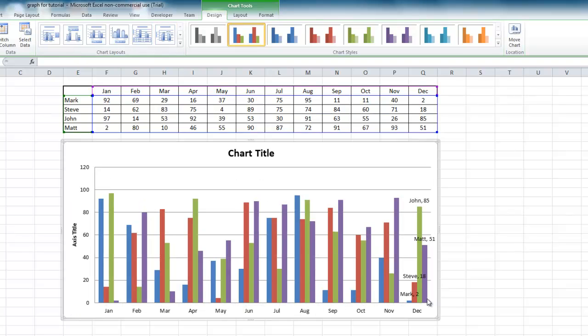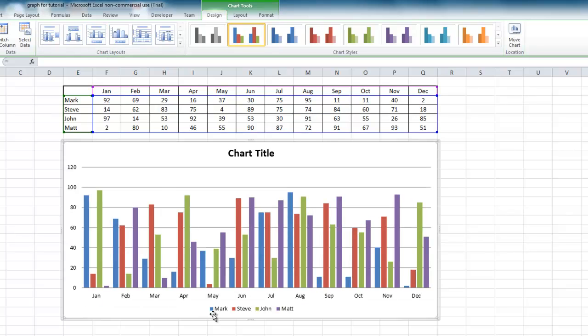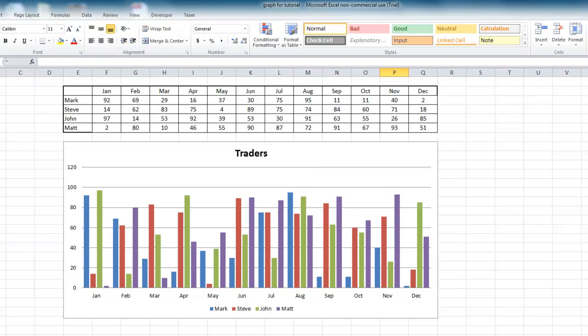Or you can use this to actually have the labels on the chart. The one I usually use is this one, because I usually like the legend down the bottom with a chart title up top. So let's put traders. And now a lot of people will usually leave it like this, but to me this doesn't look as good